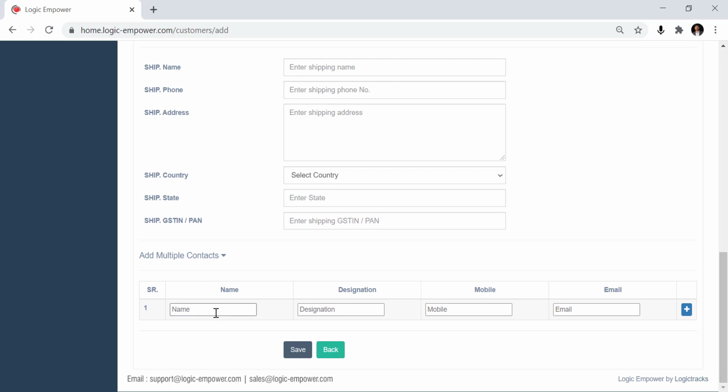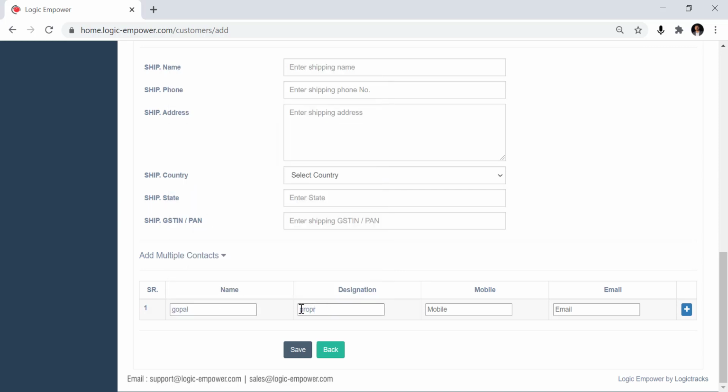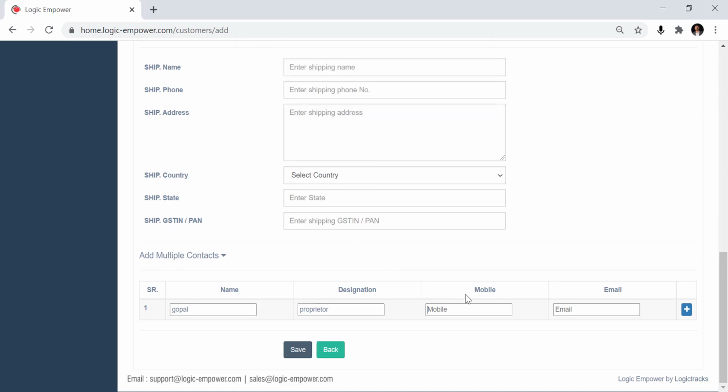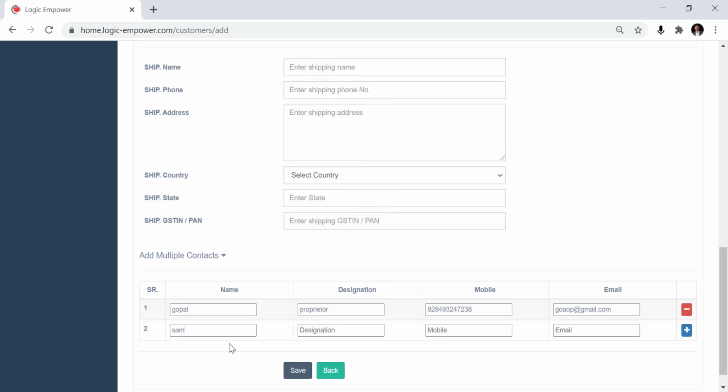You can add multiple contacts for a single company, like I can enter Gopal, designation proprietor, mobile number, email ID, then click on plus. So a next contact can be added, like Samir, purchase manager. So this way you can add multiple contacts on a single company.